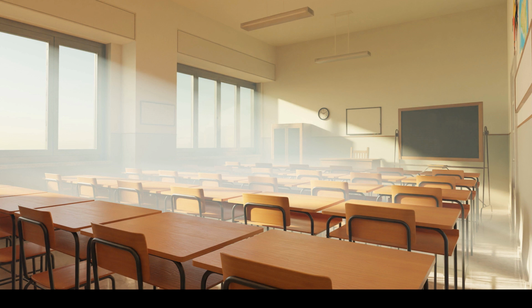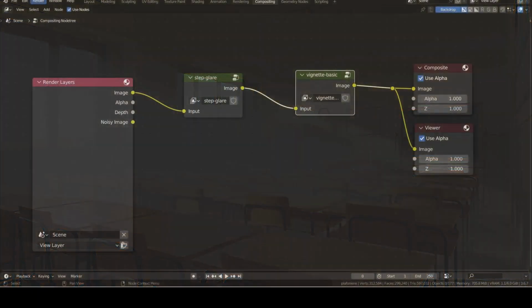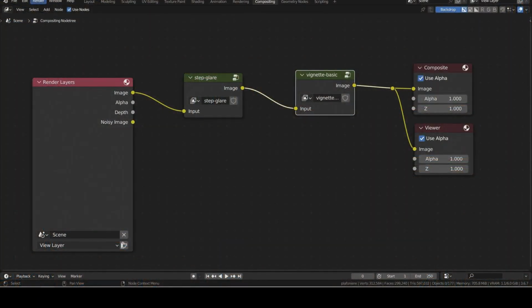In the previous tutorial, I showed how to use the absorption scatter node to achieve volumetric lighting. The image is already more interesting than the rendering without that effect. However, we can use the compositing to increase the contrast, add some glow, and provide a vignetting effect to the final image. In particular, I used two sets of effects. The first one is called step glare, and the second one is vignetting.